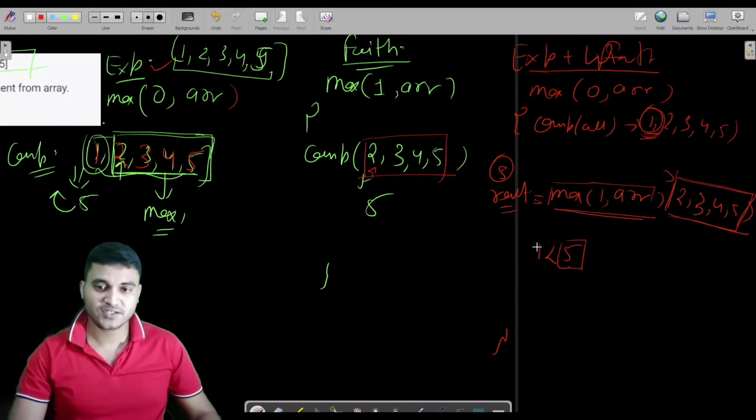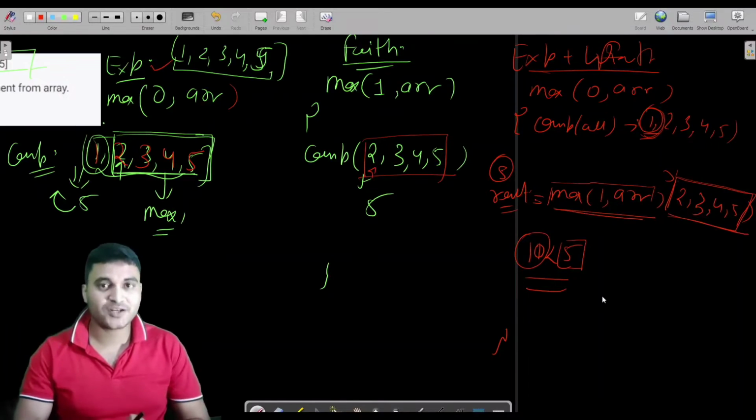If my element is greater, let us say it was 10, then of course my element is greater than all the elements starting from the first index to the end. Fine, so this is the strategy.